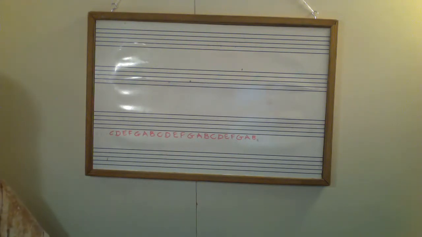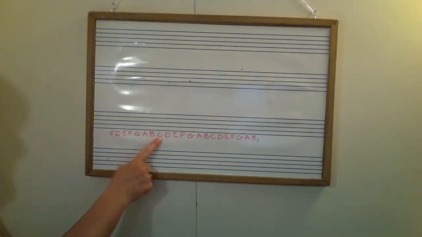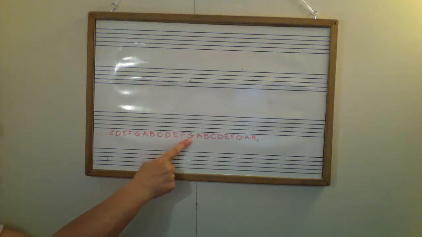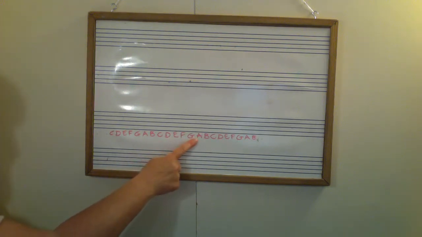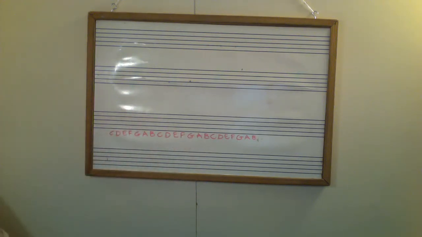Now, isn't that lucky that the musical alphabet song is exactly the same tune as our normal alphabet song? But we've only got 7 letters. So there we are. The 7 letters are A, B, C, D, E, F, and G. There's no H in the musical alphabet. So when we get to G, we just start again with A. So there we are. Now I'm going to leave that for a minute because we're going to have a look